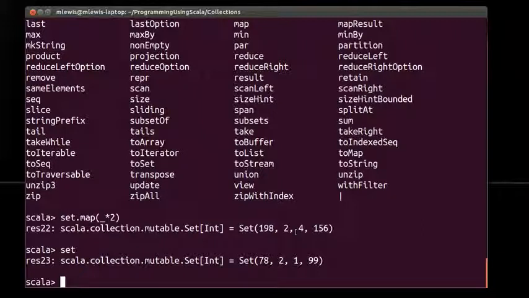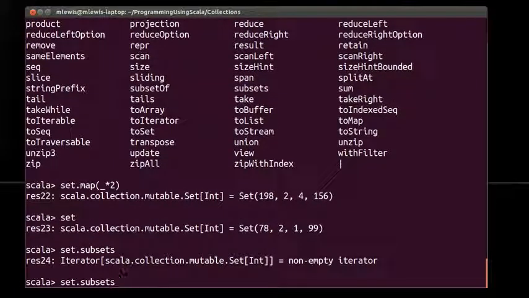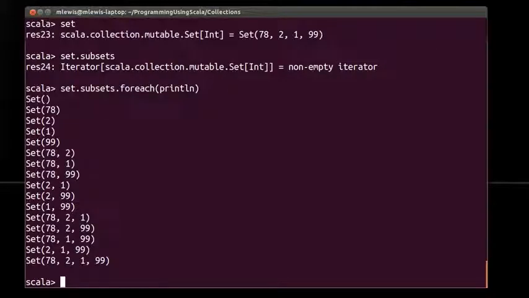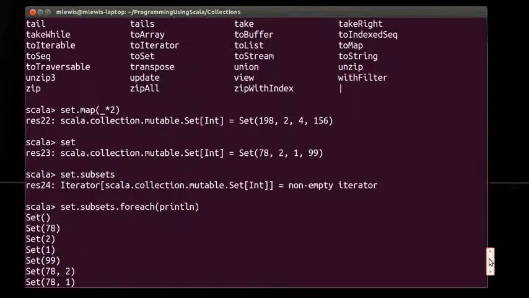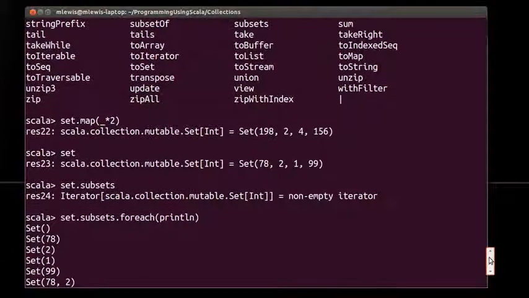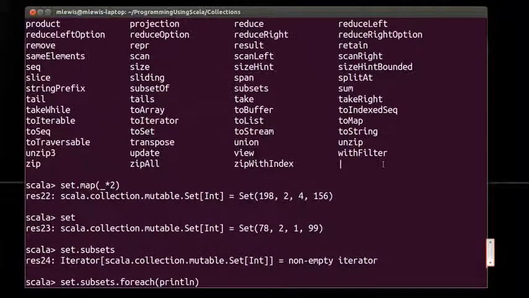Other interesting methods that are in here, subsets. Now, subsets gives me back an iterator, so I can use foreach println, and this will show me all of the subsets that exist of the current set. This is an iterator because there are lots of subsets of any given set. You can convert between all of these things, so